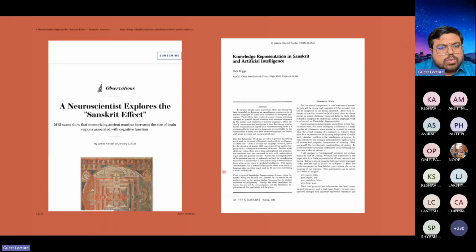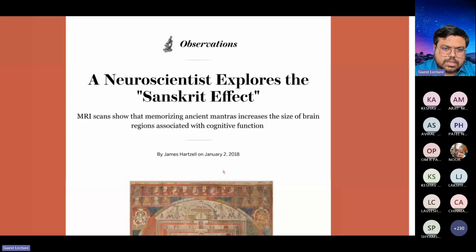And if you want to know more about Sanskrit beauty, one paper you can visit is by Dr. James Hartzell. He's a German neuroscientist who gave the term Sanskrit effect around 2018. Basically, he did MRI scans of some of the Vedic Pandits, and he saw that memorizing ancient mantras increased the size of the brain regions associated with cognitive functions. And in that paper, he beautifully puts the methodology of his research and how the Sanskrit effect, or learning or memorizing Sanskrit shlokas, gave health benefits